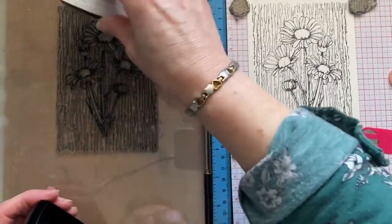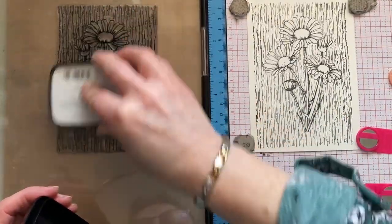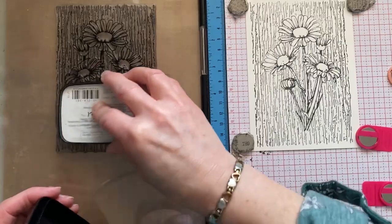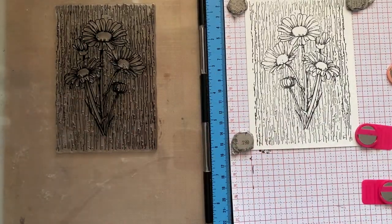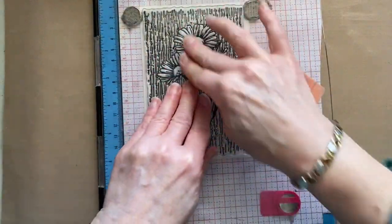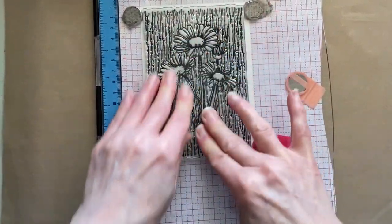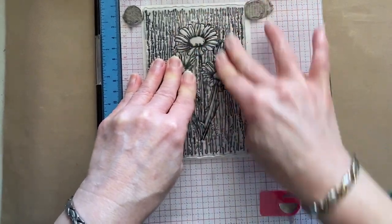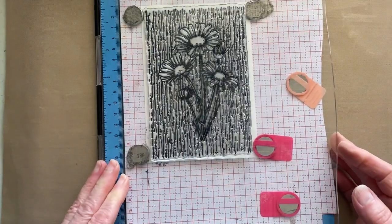Probably need to re-ink my ink pad. It's always good to have a really juicy ink pad, and sometimes the first time that you use a stamp as well, it won't necessarily stamp brilliantly ink wise because the stamp is being conditioned, if you like. As far as conditioning stamps is concerned, I never bother. I'd always go straight to my project. VersaFine Clair stays wet for quite a while, so it does mean that you can